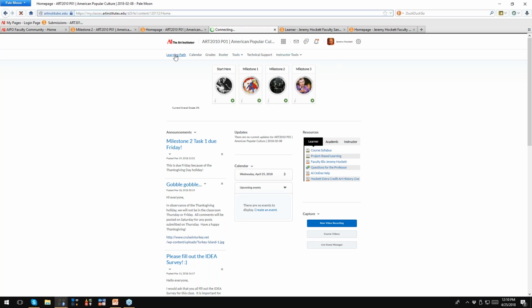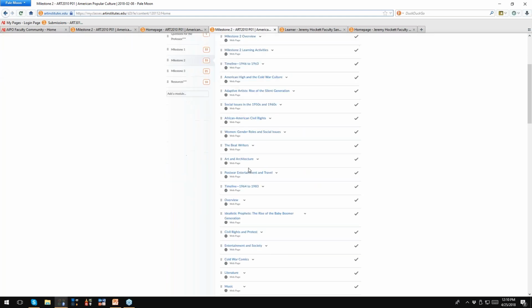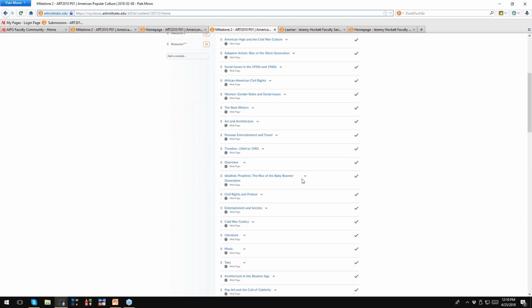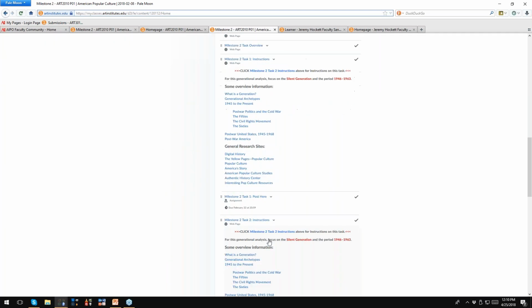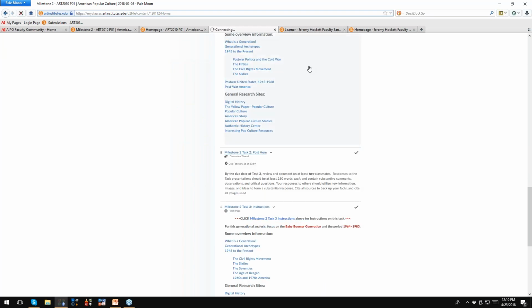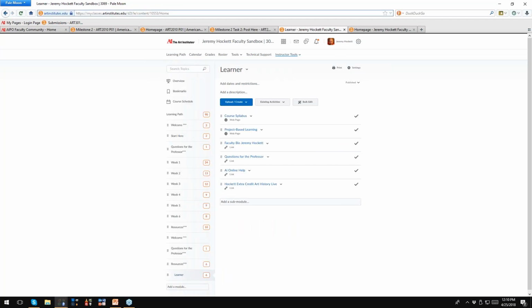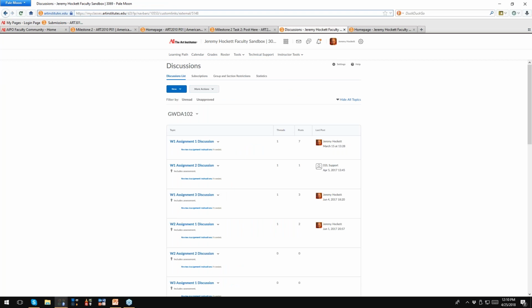Now, if you're going through the learning path, which you may be doing sometimes, and I'm going to go to, say, milestone 2, and I want to go to the task 2 discussion area. If you notice when I go in here, this is like entering it through the sequentially numbered path, where you're clicking through these to navigate. Notice there's nothing here. Now, if I'm going to that same area, but I'm doing it through instructor tools, discussions, going to the exact same area,